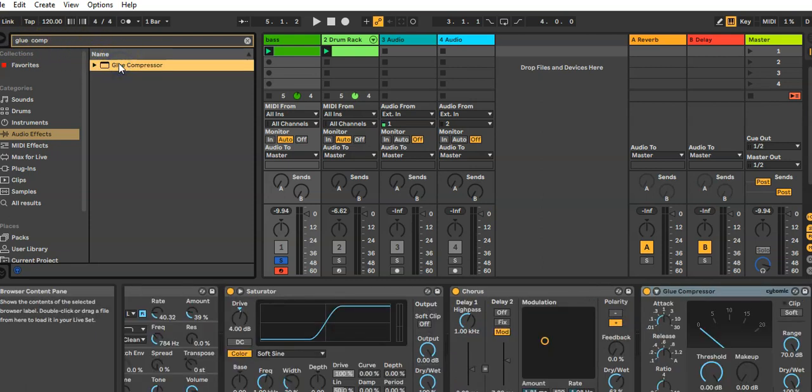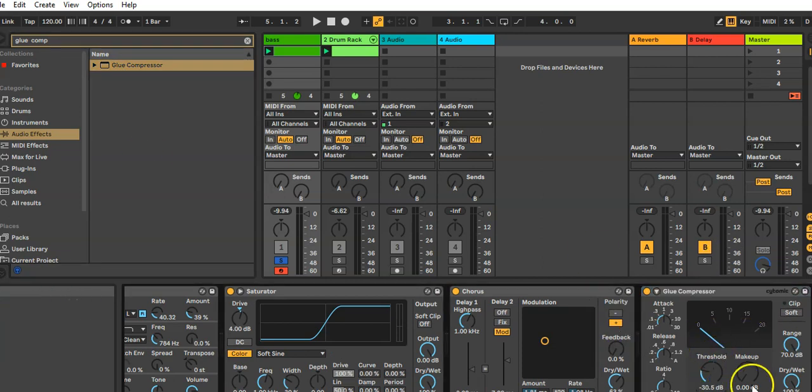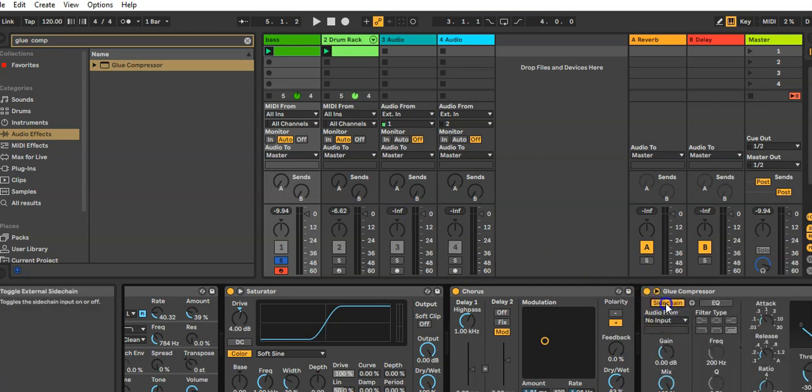So I double click on the glue compressor, set the threshold down, makeup, release, put that down. So we sidechain, and from the input side we select the drum rack,